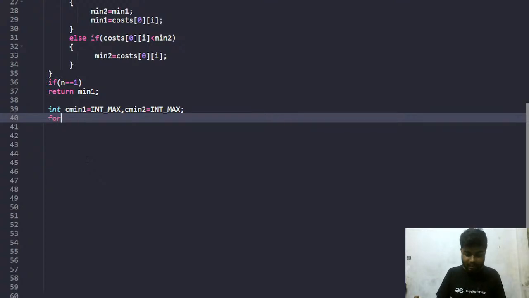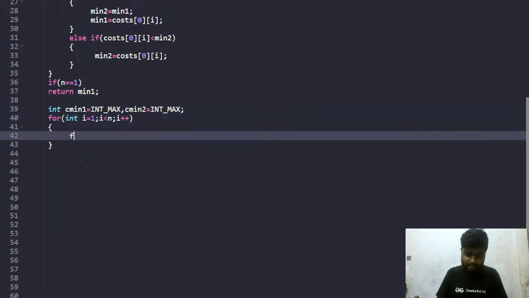So what I'll say is that I'm done for this. So int i starts from 1, right? And i is lesser than the number of walls, and i plus plus, right? And similarly, for int j starts from 0, j is going to be lesser than k, and then I'll do a j plus plus, right?